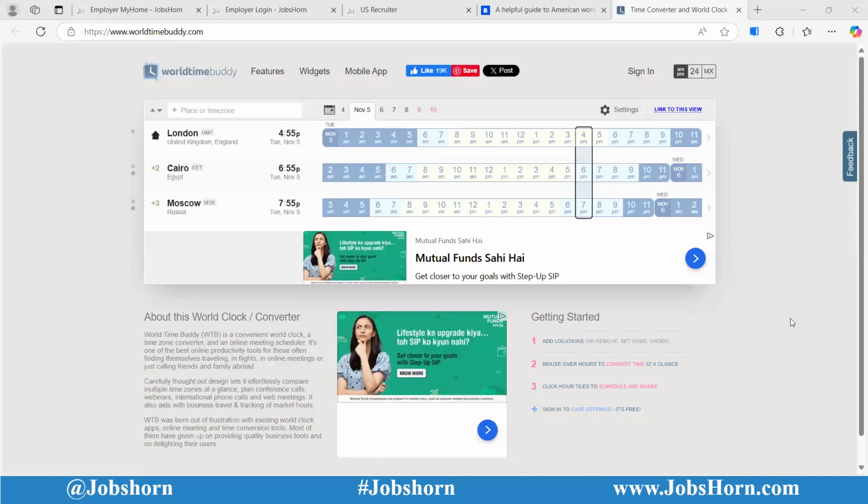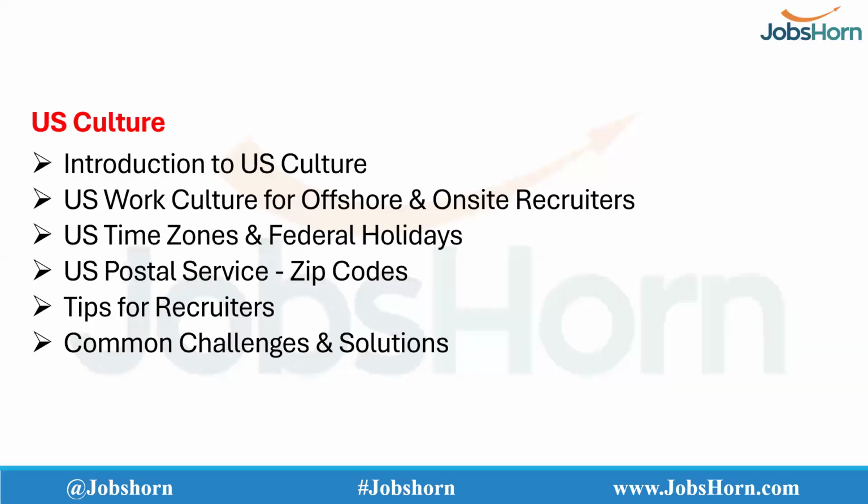So I always recommend everyone to go slow and do a proper study before you get into recruitment. And if you want to become a US IT recruiter, you need to learn a little more topics. These are the extra topics which you have to do. And Srilata, continue from here. When it comes to time zones, we'll explain a little more details there.